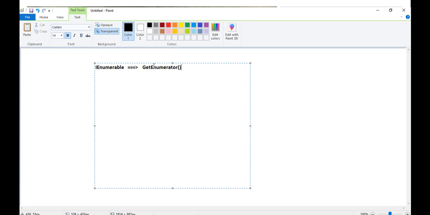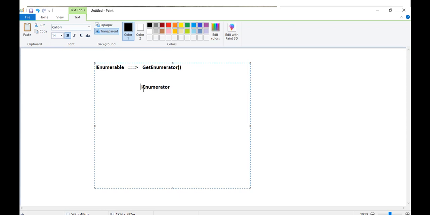Now this particular method GetEnumerator knows the first element and the last element. But to move from the first element to the last element, it requires some facility. So what will GetEnumerator do? GetEnumerator will hire the IEnumerator interface. The IEnumerator interface contains a total of two functionalities.